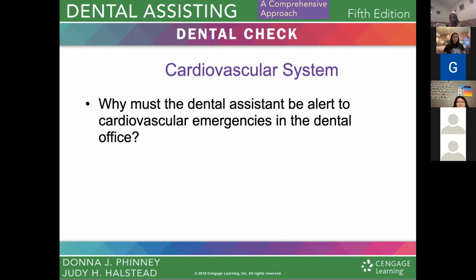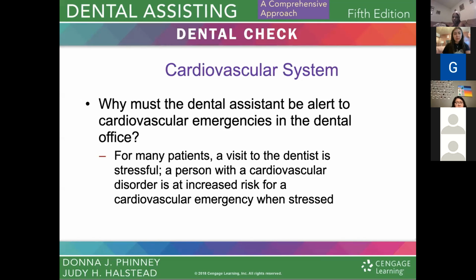Because we're giving them anesthesia, and they also could have a heart attack if they have anxiety. Yes, exactly. So for many patients, a visit to the dentist is stressful. A person with some type of heart disease or cardiovascular disorder is at an increased risk for a cardiovascular emergency,